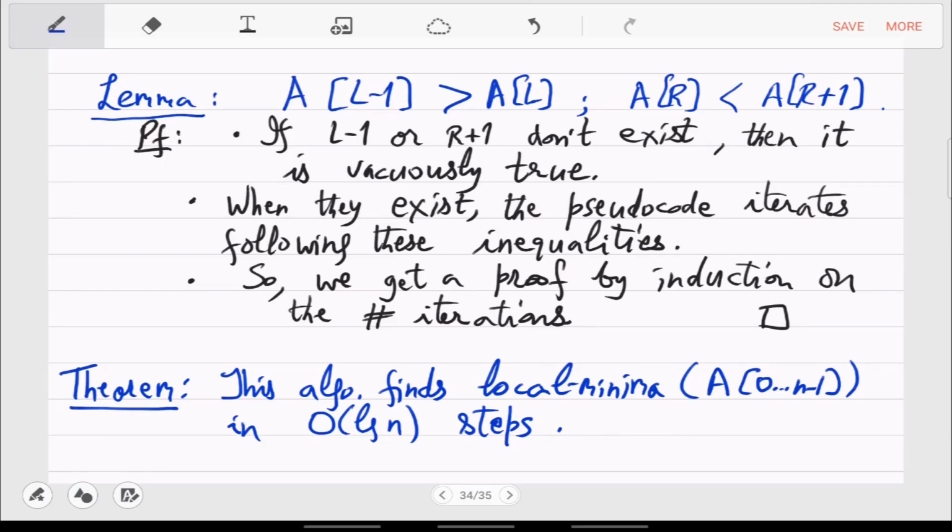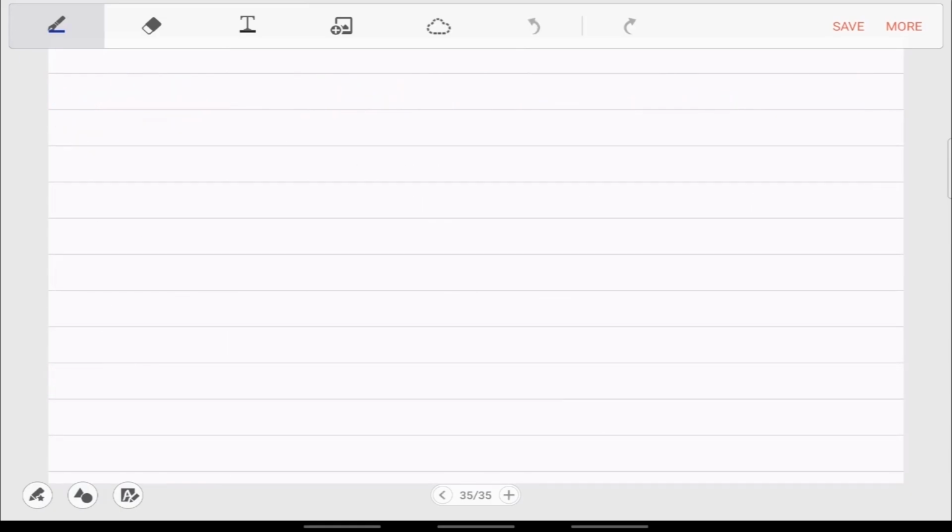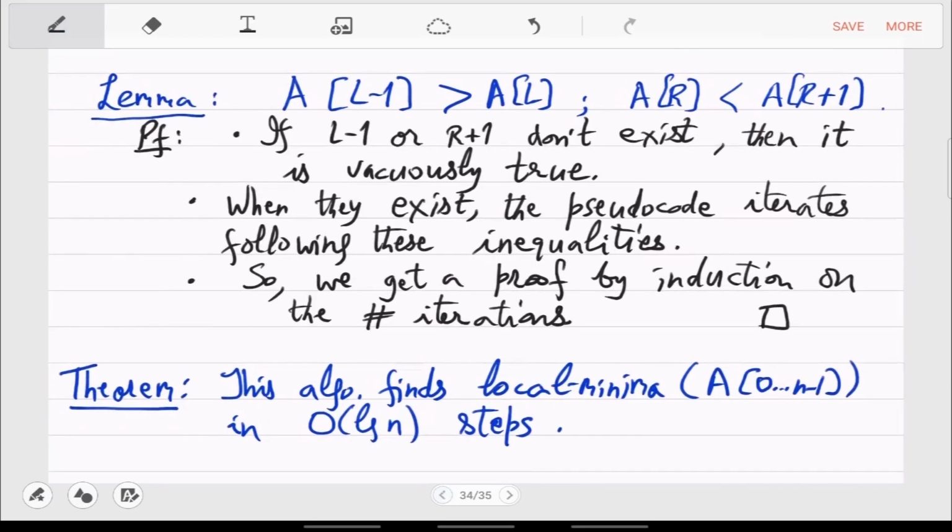Yeah, so this proof has to be written. Just one last step. So how is the lemma implying this theorem? How did that inequality tell you that in the end you have a single answer? Cut the array into half, we are always ensuring that there always exists a local minimum. No. Yes, I mean that is true, but I'm not saying that yet. I just want the lemma statement.